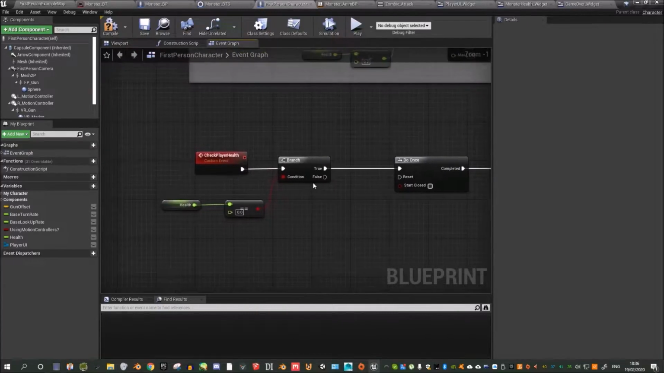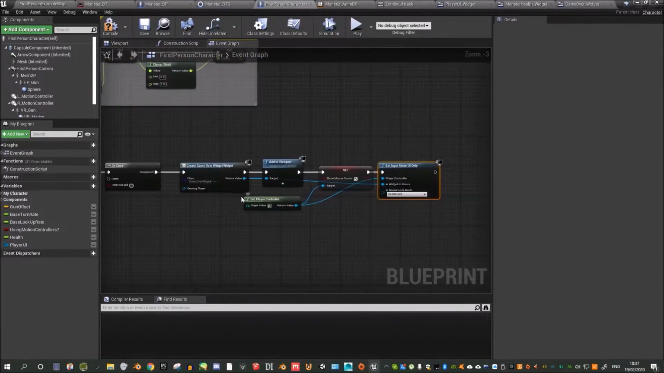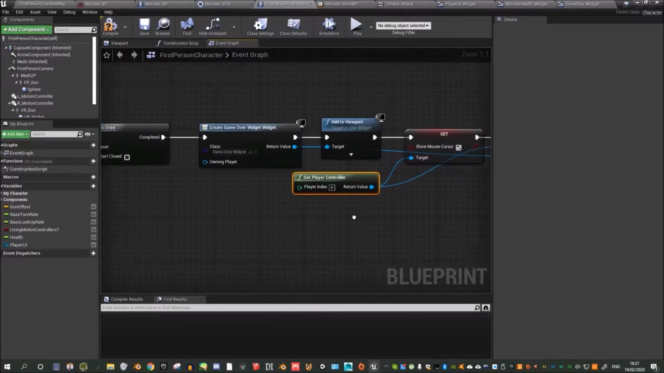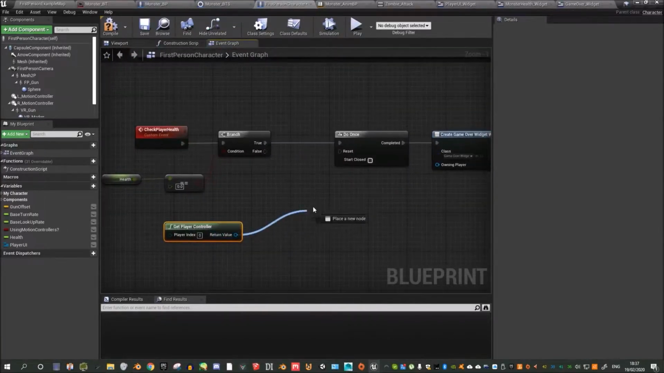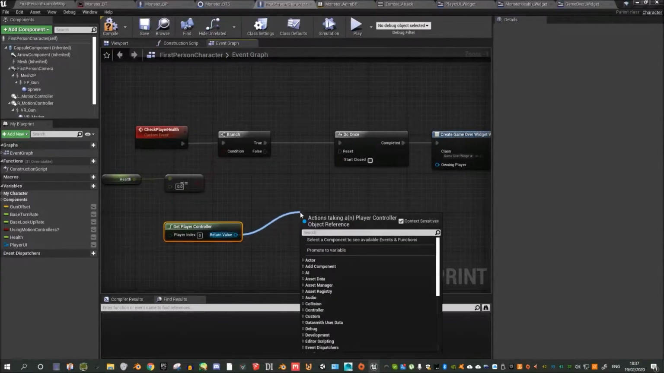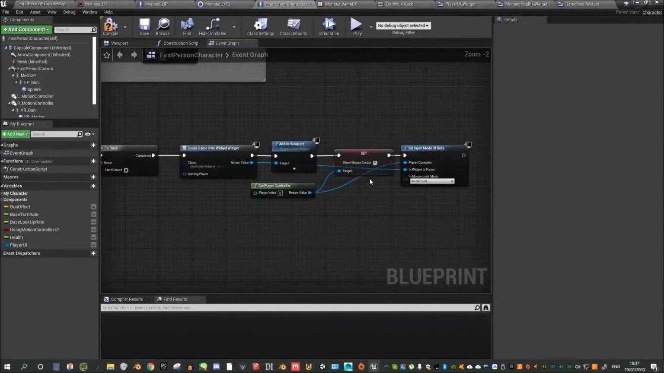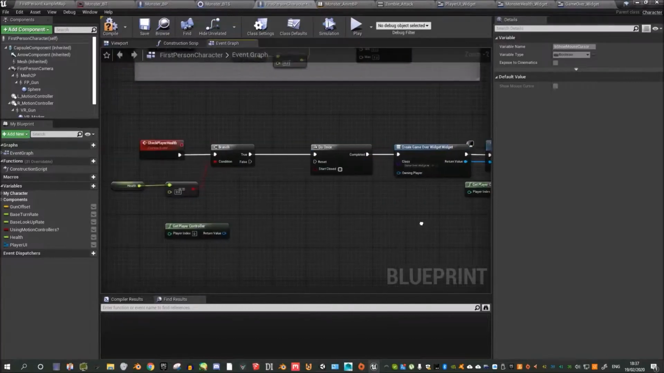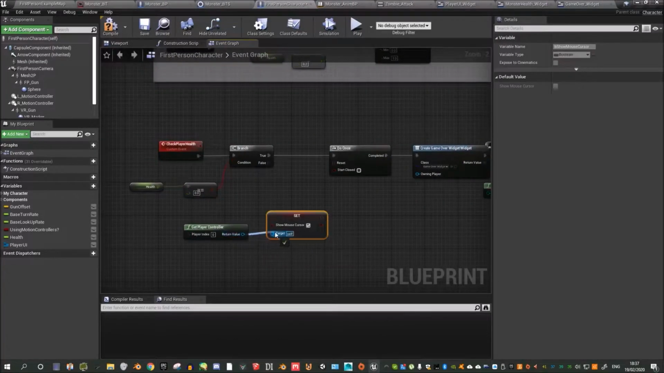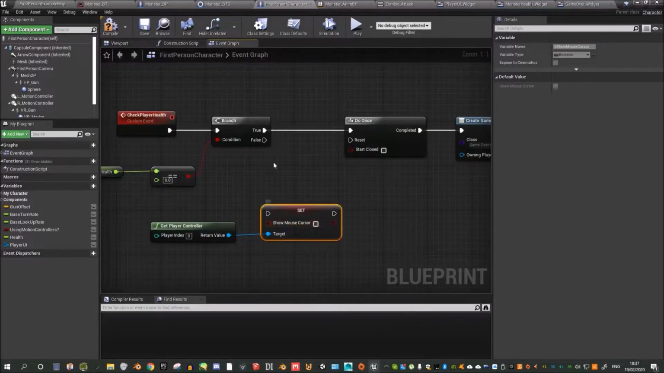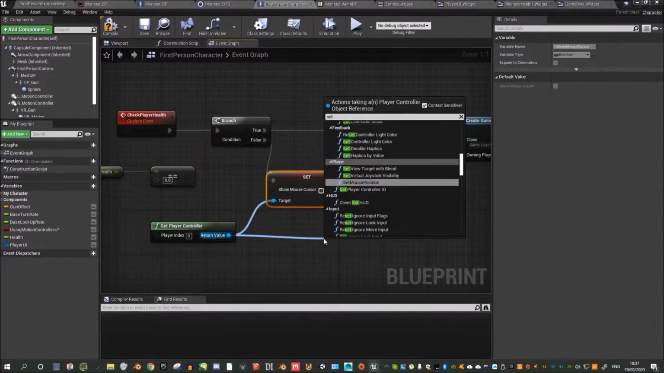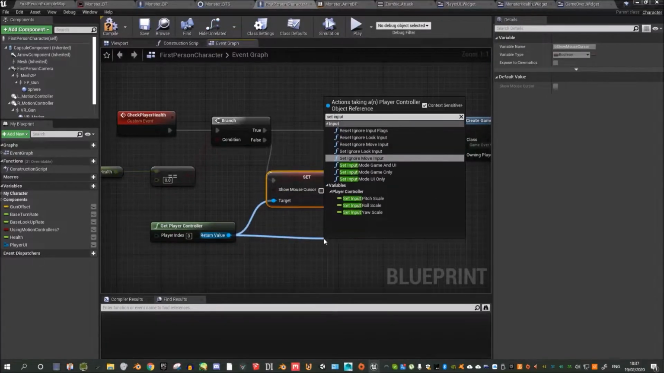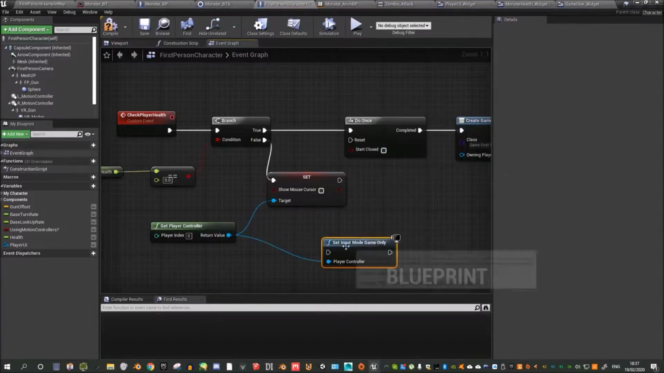Now if the health is not 0, let's just grab the player controller, copy it, and paste it down here. We basically want to set, let's also copy the show mouse cursor and paste it here. Connect this to that. We don't want to see the mouse cursor if we're alive, and also we want to set input mode to game only. Okay,